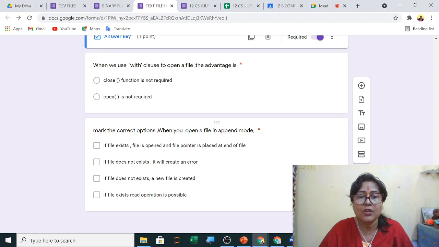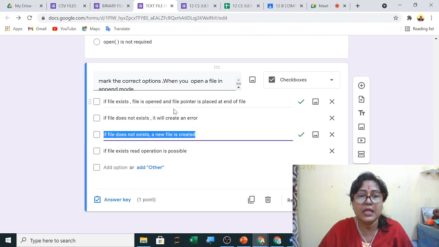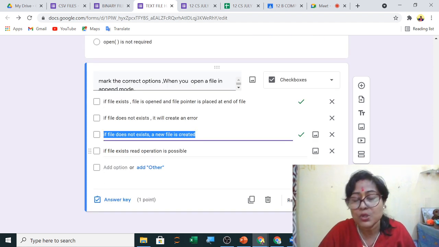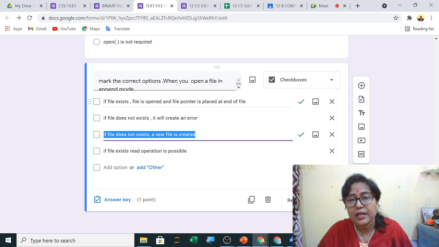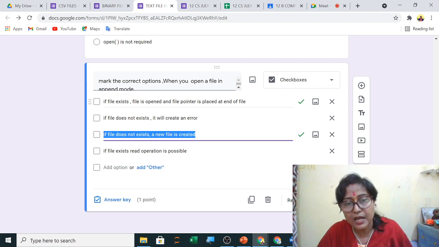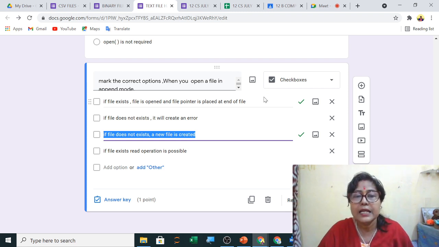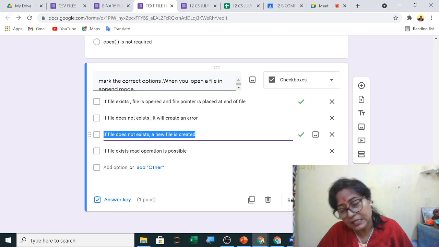Next, mark the correct option. When you open a file in append mode, you can add at the end of the file. So here you can see multiple squares, means multiple checkboxes are there. Now, if file exists, file is open and the file pointer is placed at the end of the file. Yes, because it will add at the end of the file. If file does not exist, a new file is created.